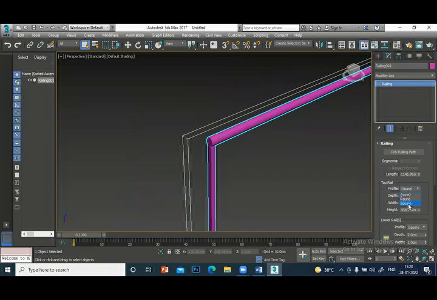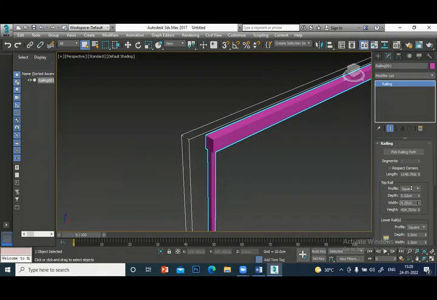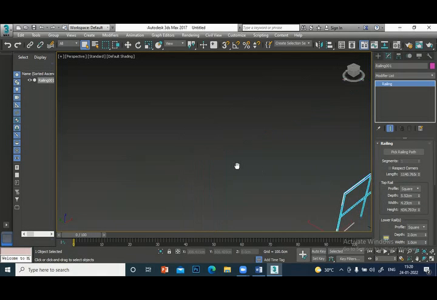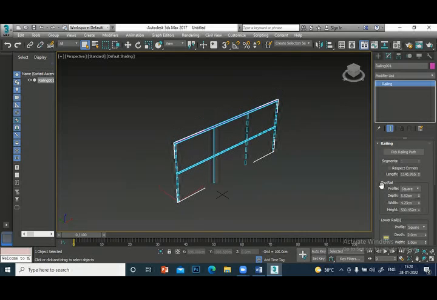Okay. Square. You can increase the depth. You can increase the width. You can increase the overall height. So this is about top rail and height.